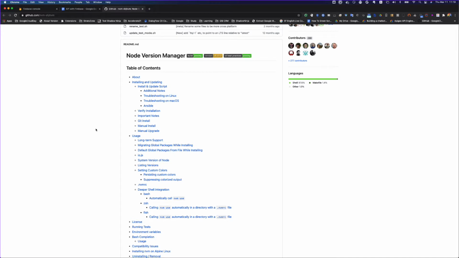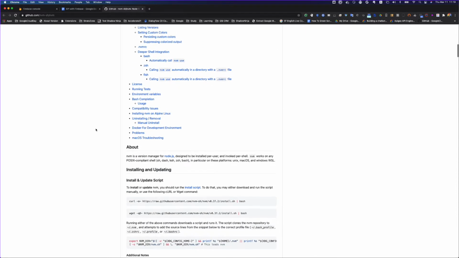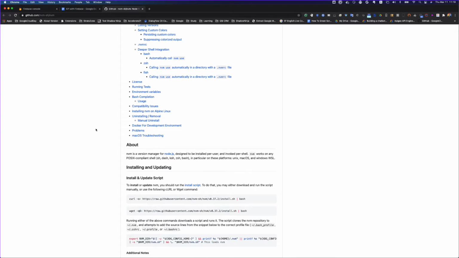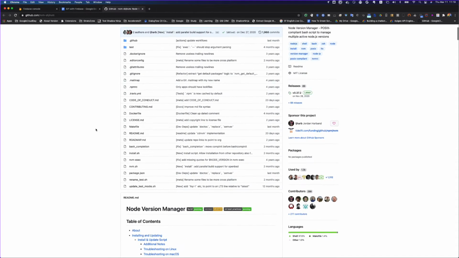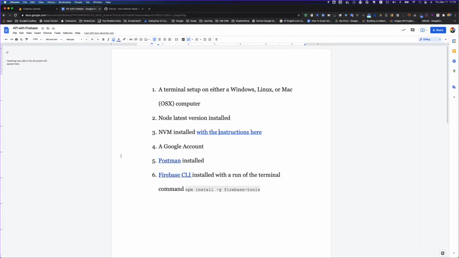You will be able to switch between different versions based on your project requirements, because sometimes if you're working on a project which is on an older version, then you may have to go back, or if you're developing something newly, then you have to work on the latest version. So it will become very easy to install new versions or switch between versions. So I highly recommend to have this nvm installed.